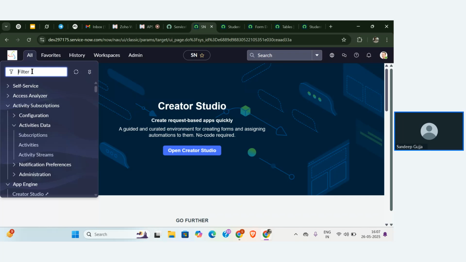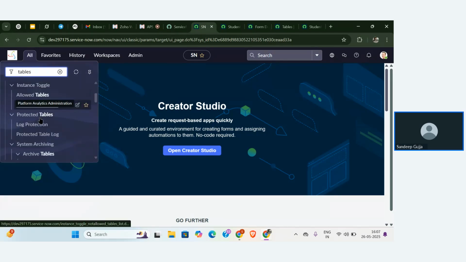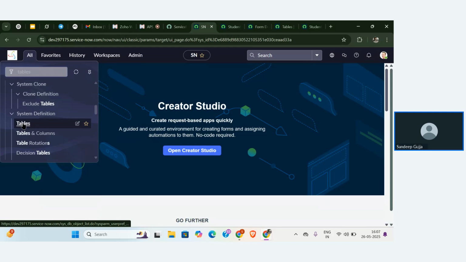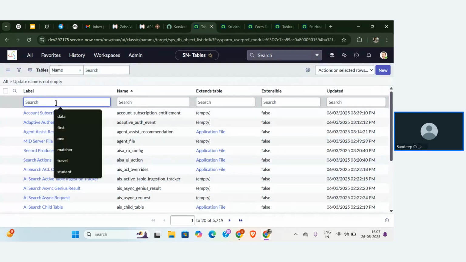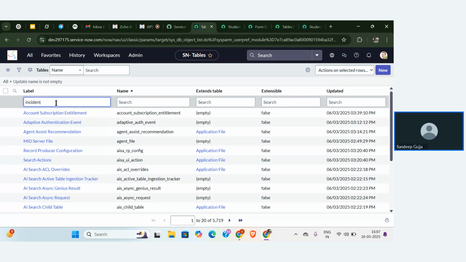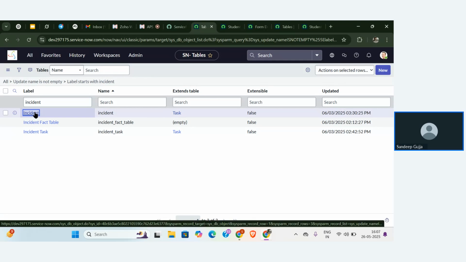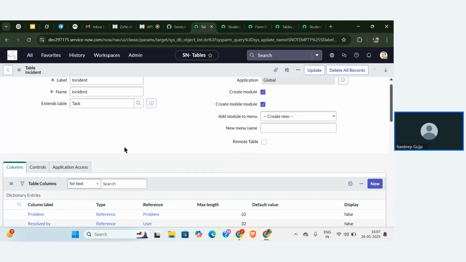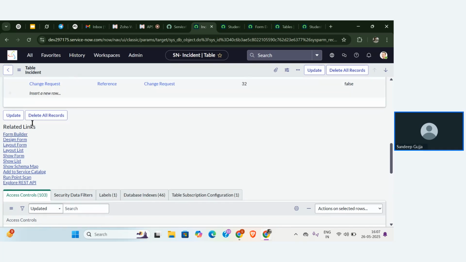Okay, so let me go for the incident table. To show the schema map or to show the reference fields that are there, I need to go to the tables. Let me click on these tables. So here I can see all the tables that are there. Let me search for the incident. Click on the incident. If you scroll down, guys, if you scroll down in the related links,